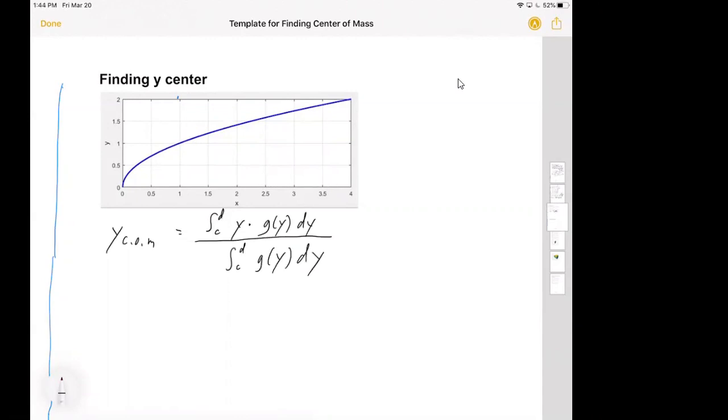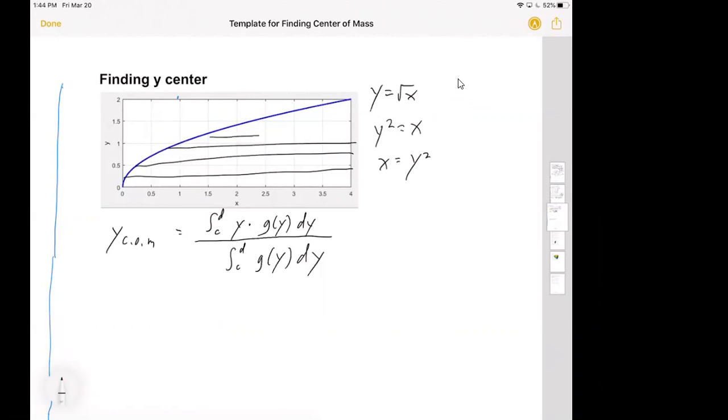All right, so we had a few little changes here. First of all, the function that we were working with was y equals the square root of x, but all of our integrating needs to be with respect to y, so we can't use this version of it. What we can say is y squared is equal to x, or x is equal to y squared. So now, as we were doing this integration, we would be actually working with slices that are horizontally aligned. And so I'll just draw a few in. If I take one representative rectangle right here,